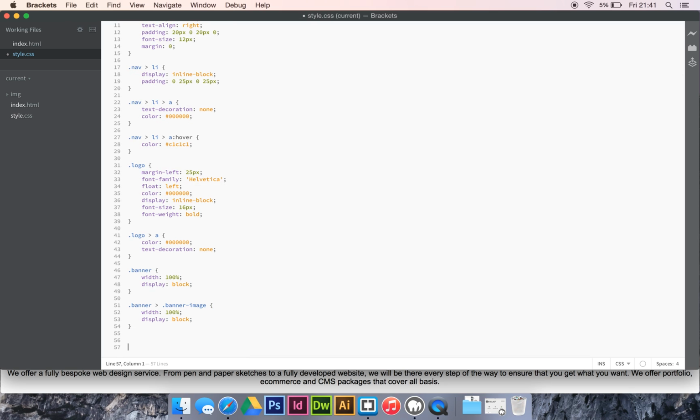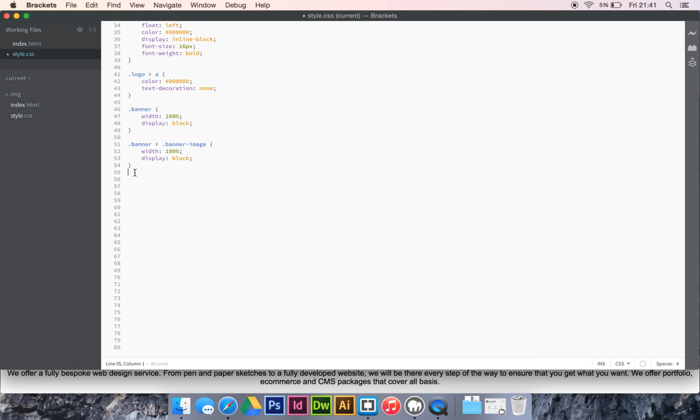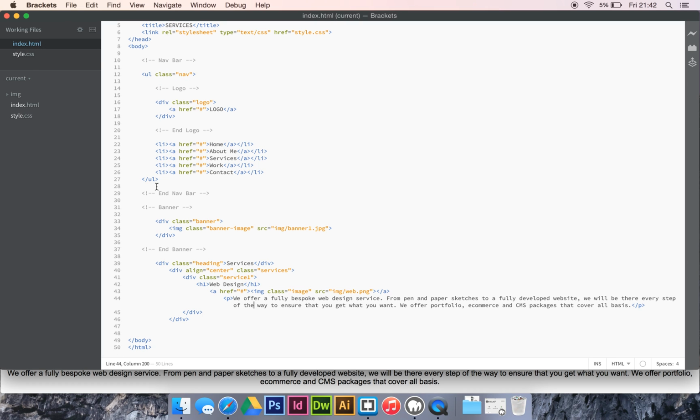So we're going to jump, I'm just going to make a few more lines because it's annoying me that I can't see the bottom. So, the first one that we're going to want to style is this service 1. And if you remember, the service 1, why is my computer going so slow? Service 1 is this one. So it's the class that the